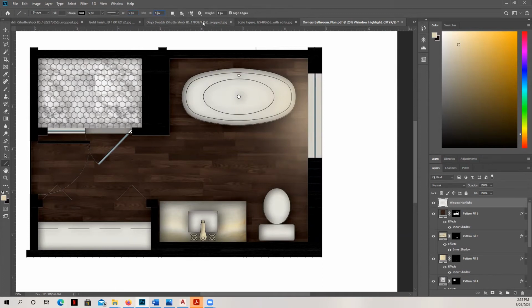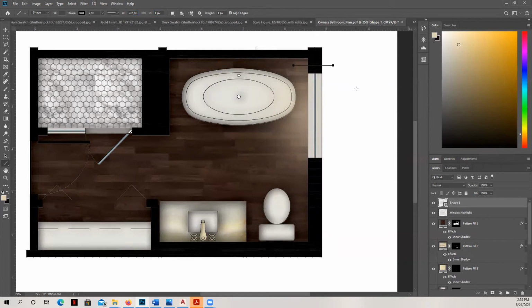And so now what I'm going to do is go back to my sketch that I have, make sure that I know the notes that I'm going to be calling out, and then I'm going to click and drag. Now, this is going at all different angles. However, if I hold down my shift button, it will constrain it to stay at a 90 degree or a multiple of 45. So I have my line right there, and there it is.